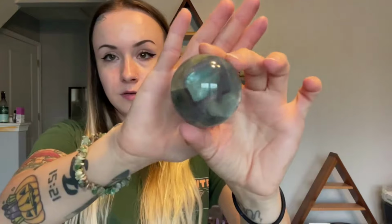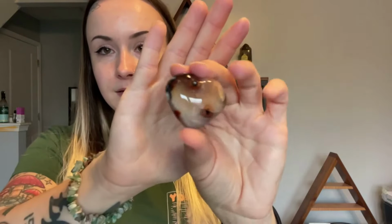Back to the spheres, fluorite sphere, really cool caves. If this is the one I'm thinking of, I can't remember. I think it has a little bit of every color, including yellow. This piece is so cool. This is a little carnelian heart with orca agate. This was from a batch of carnelian I got for my shop. I kept a couple that had aggressive orca on it because I thought it was so cool. Mookaite sphere. This might have been from some random rock shop when I was driving through Arizona, many, many